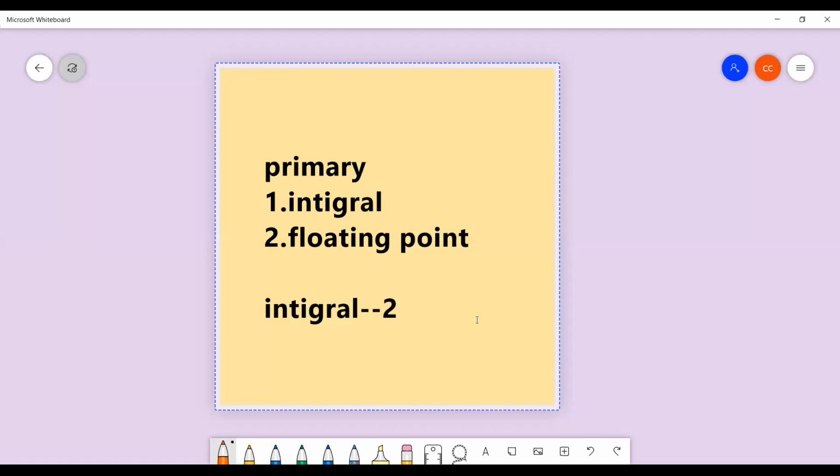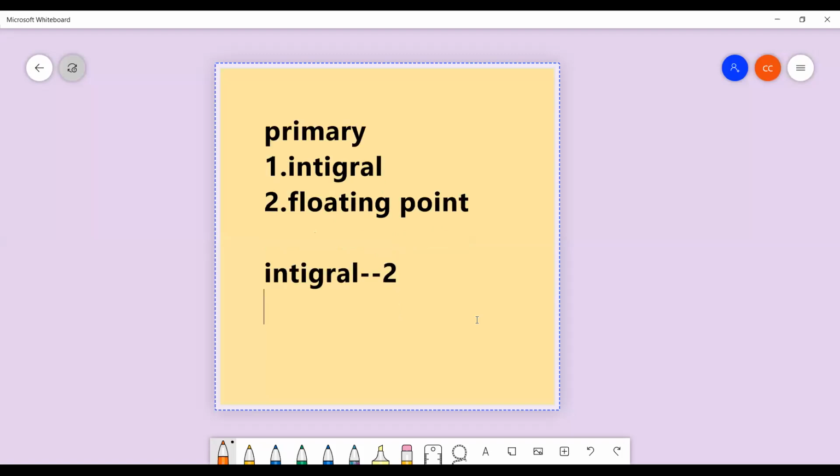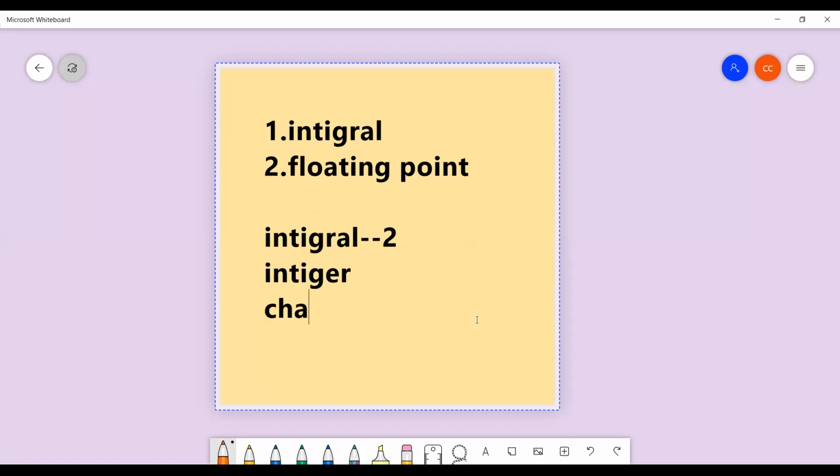Okay, listen. Primary data types are divided into two ways, integral and floating point. Integral is again divided into two ways, that is integer and character.